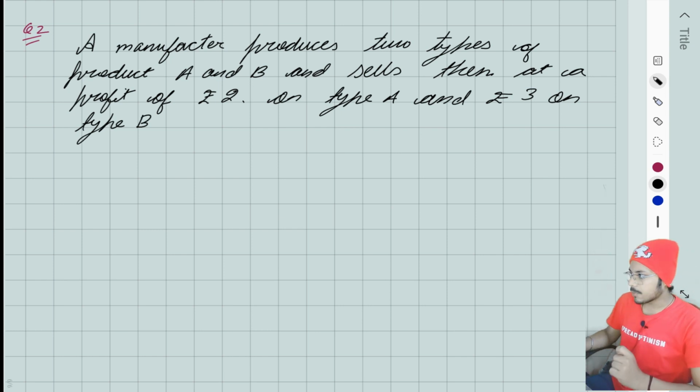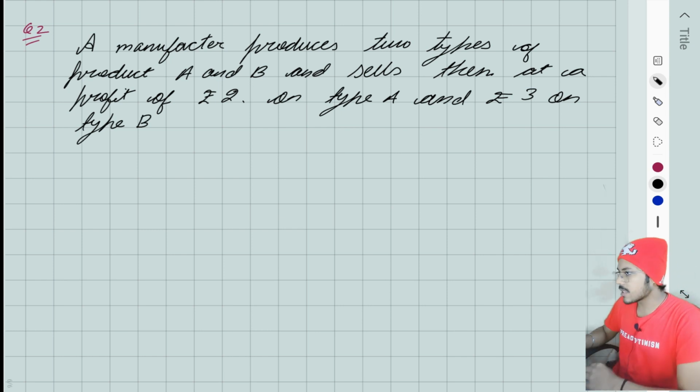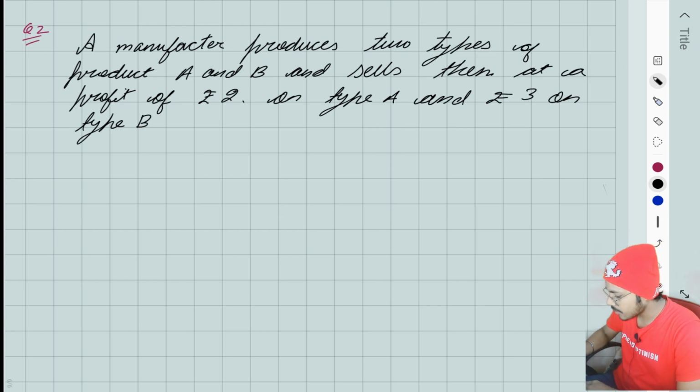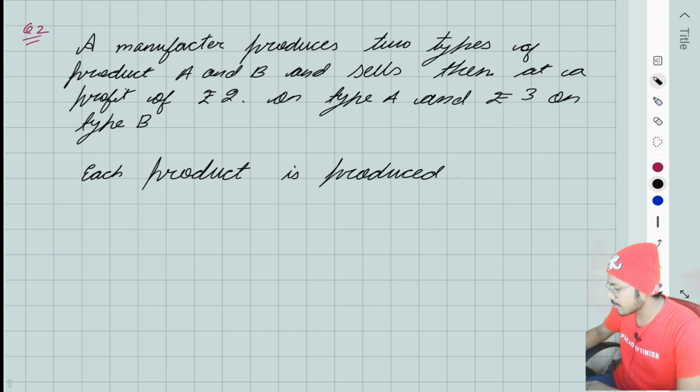Each product is produced on two machines, that is M1 and M2. So I hope you are writing with me. If you are not writing, then please leave this video, because I am writing. So you need to write, because I am also putting effort to teach you. You will have to put effort to learn as well. On two machines M1 and M2,